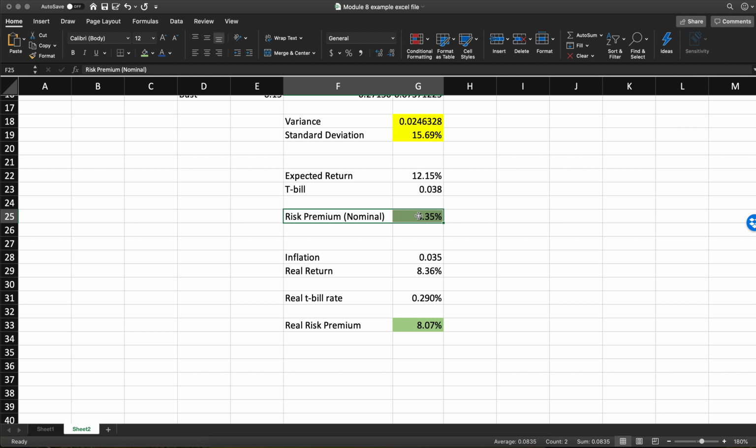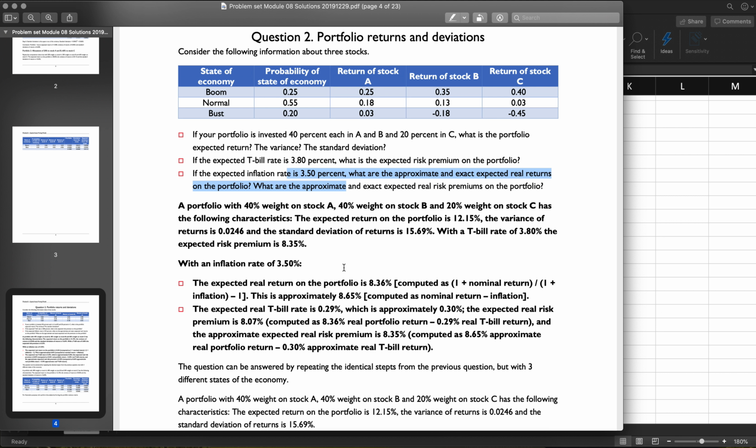All right, the risk premium nominal is 8.35%, and the risk premium real is 8.07. And the difference here is just that this is a nominal thing and none of these numbers are adjusted for inflation, and this is a real number that is actually adjusted for inflation. The punchline is that the nominal return looks better than the real return, and that's because it doesn't take into account inflation. So you're always going to have less of a return in this setup than you would otherwise. Let's make sure that all of that is